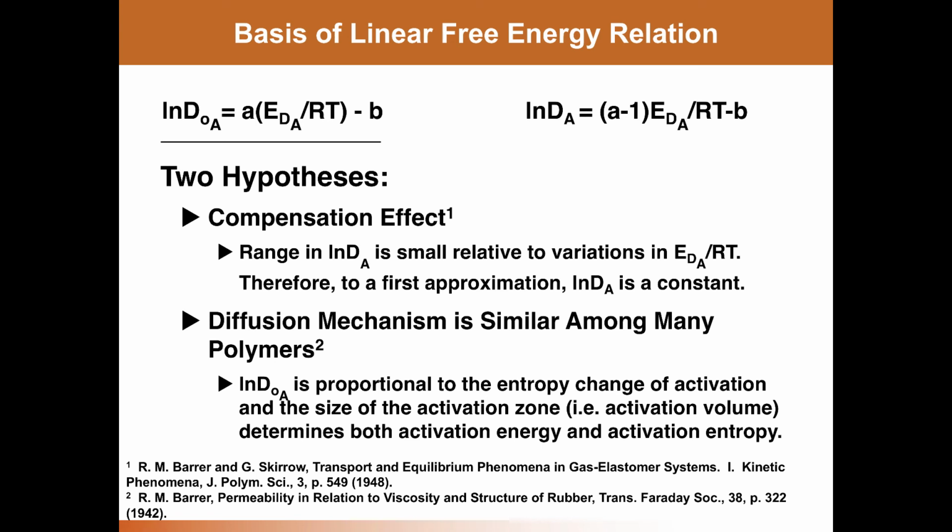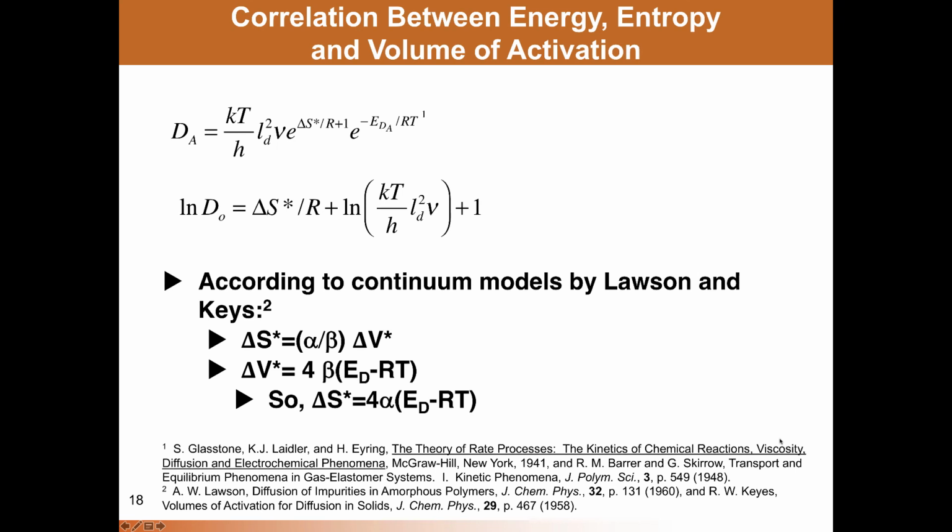And the argument here goes along the lines of another feature of transition state theory, and that is that the log of D0 is proportional to the entropy change of activation, and the size of that activated state or activation zone, or so-called activation volume, determines both the activation energy, ED, as well as the activation entropy. And in fact, there's a model by Lawson and Keyes that puts this into